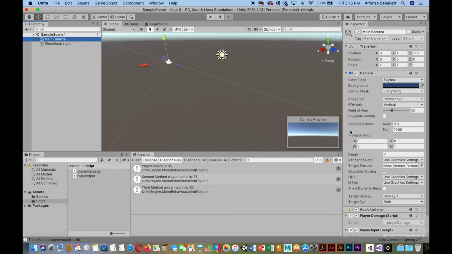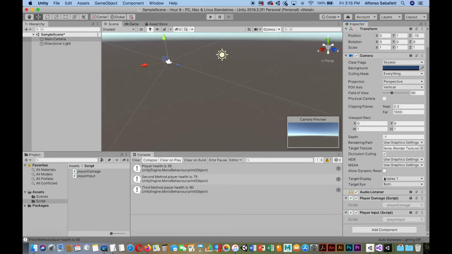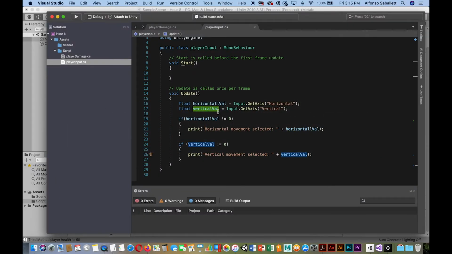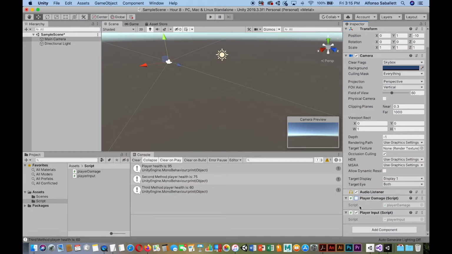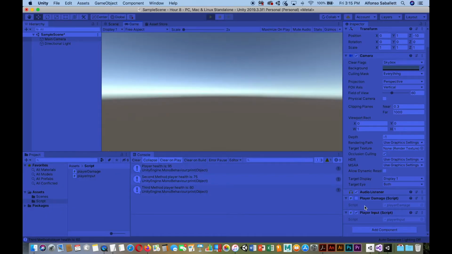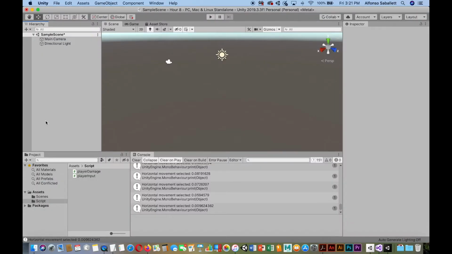So let me go to the main camera and let's see what scripts I have. So I have the player damage, which I don't need right now. I could just remove it completely, or just uncheck. I'll just uncheck it for now. Let me go back to using it again. So it shouldn't display any of this. It should display what we typed in this particular script, player input. Okay, because that's what we have right here. So let me go ahead and run it. Command return. Okay. All right, so let's run it now